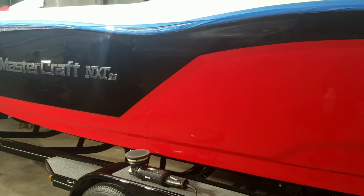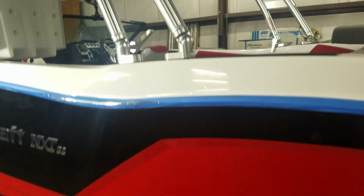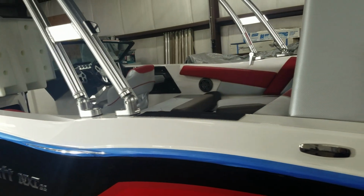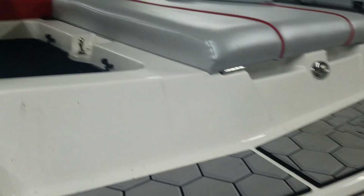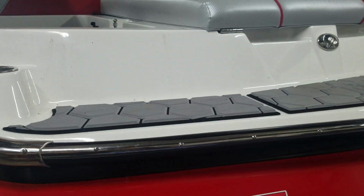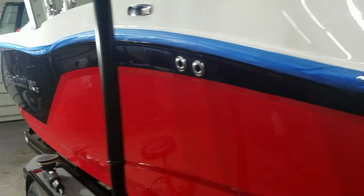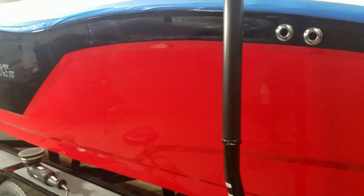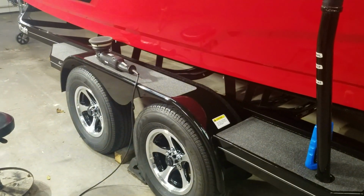Boat's turning out nice. Just doing a wash and a wax, full interior cleaning. So it was pretty wet, soaked. This back all needs to be cleaned on the inside back here, but I don't wash any of this until the inside's all done, which my helper's doing. But I washed this yesterday, trailer, tires,